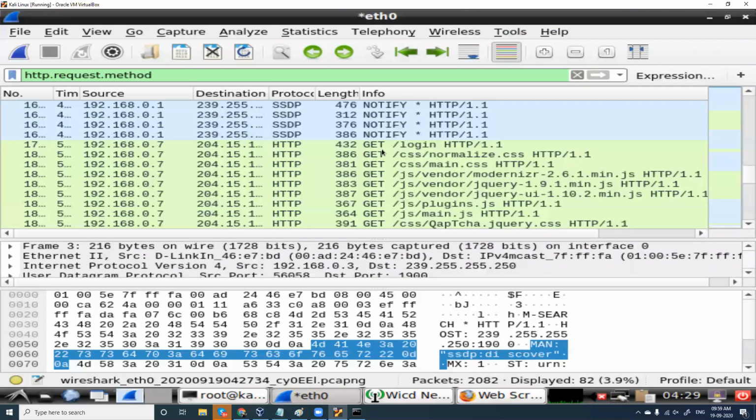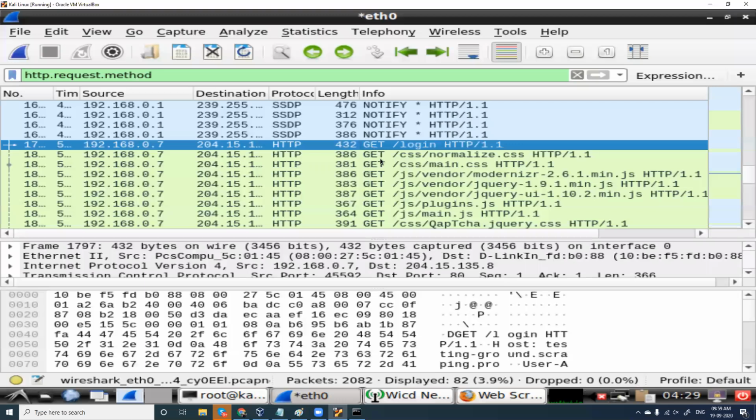So see here, we have got a get packet, which is a login packet. Yes, if I open this, will I have username and password? The answer is no. Why? Because this is a get packet. You're getting this packet from the site. So it will be an empty packet and probably you'll not be having usernames and password.